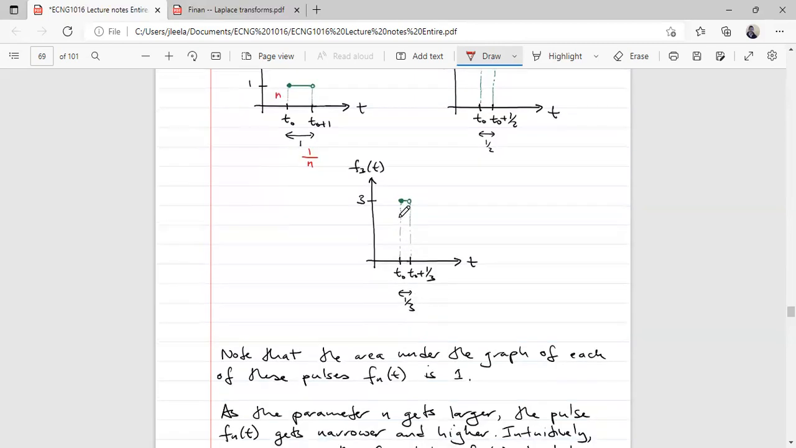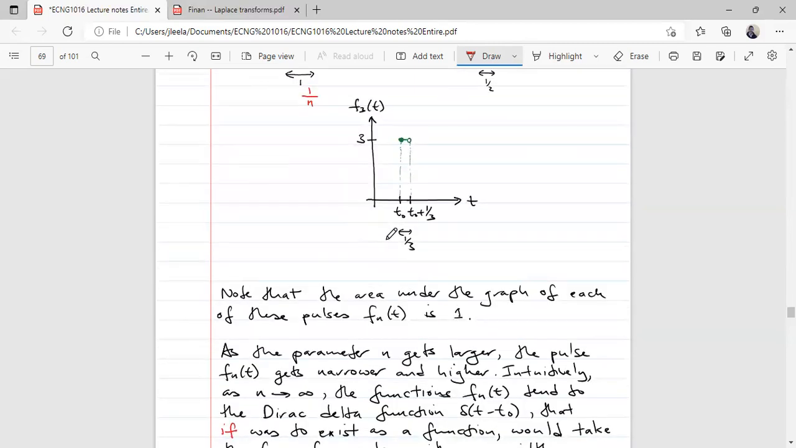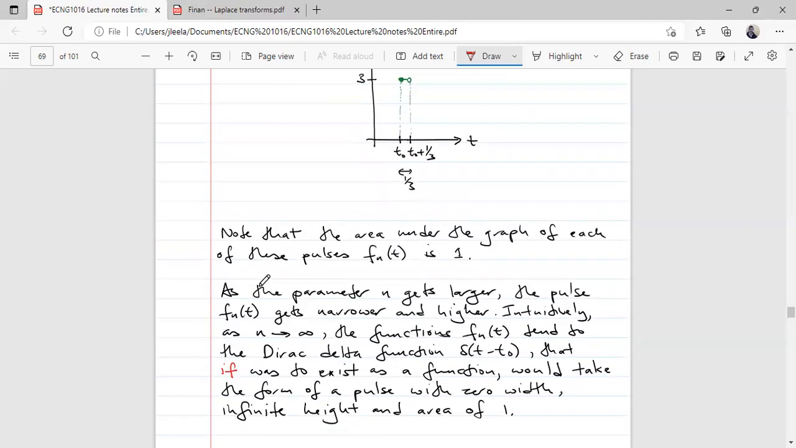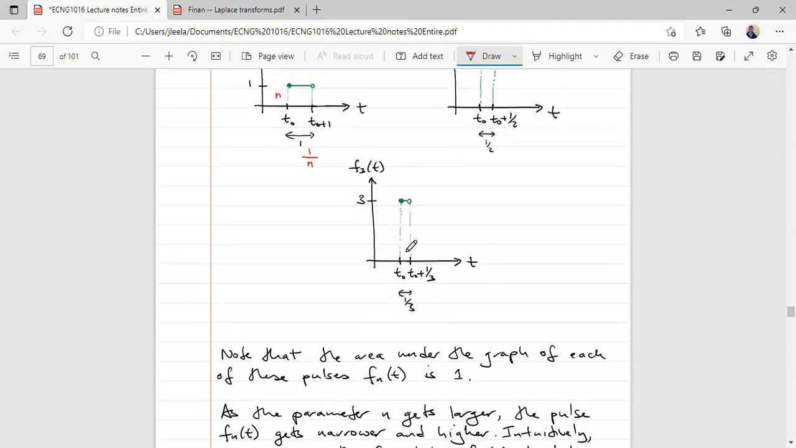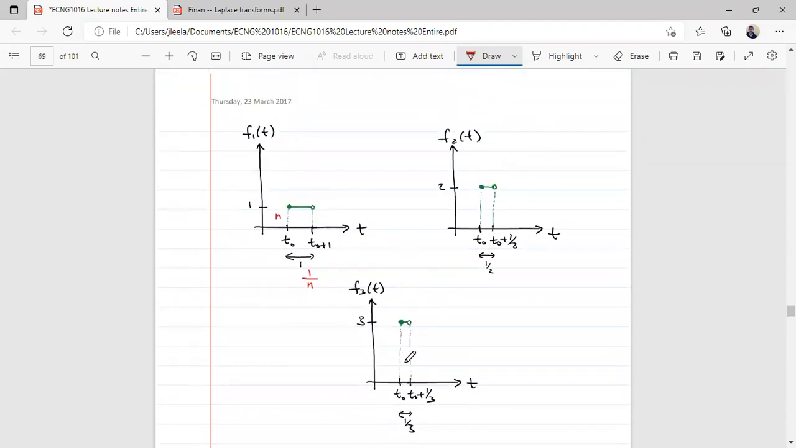And look at here with 1/3, the same thing is happening. So you're seeing here, note that the area under the graph of each of these pulses, right, of the function f_n(t) is 1. As the parameter gets larger, the pulse gets narrower and higher, because you're seeing that happening here. So as n increases, that means the graph gets taller. But the distance between t naught and t naught plus 1 over n gets smaller, so you're getting narrower,